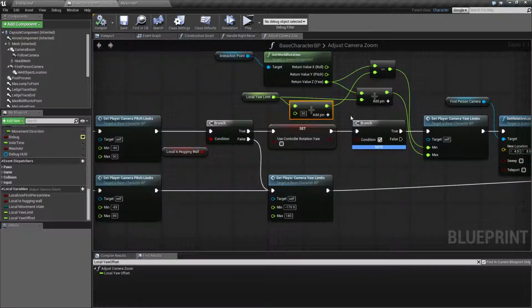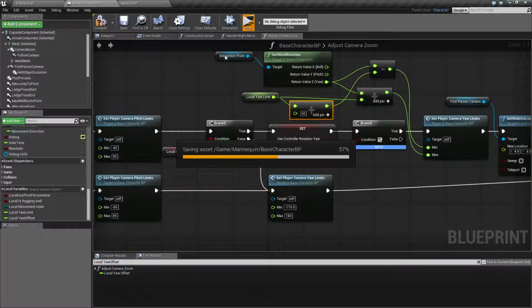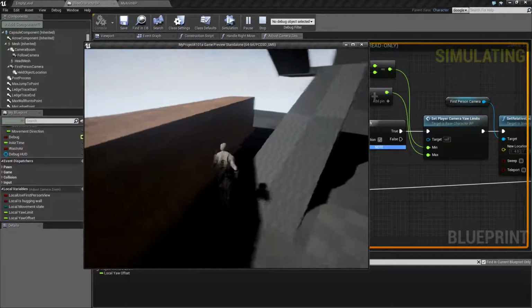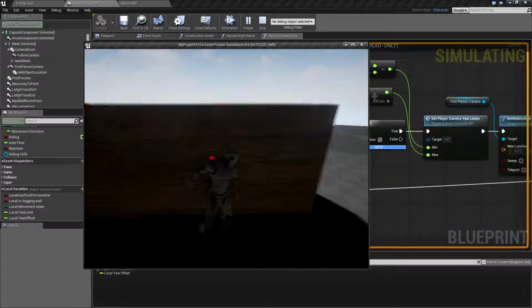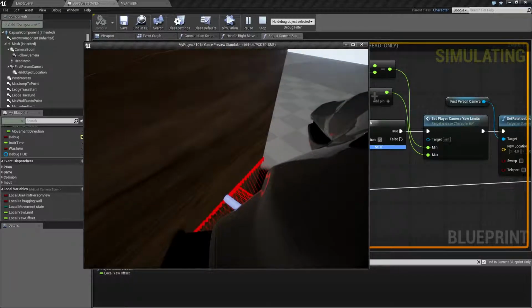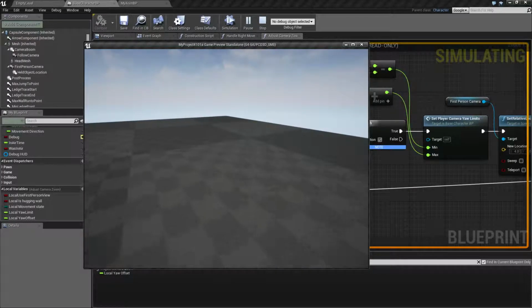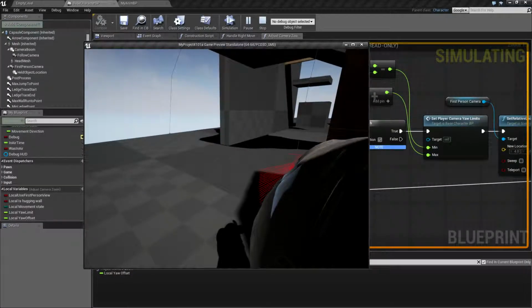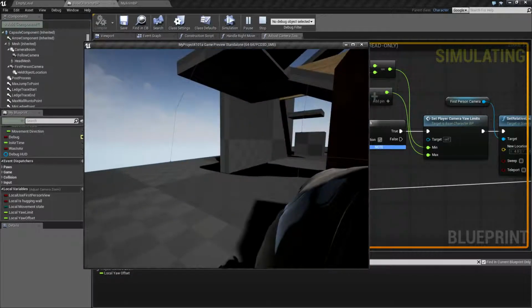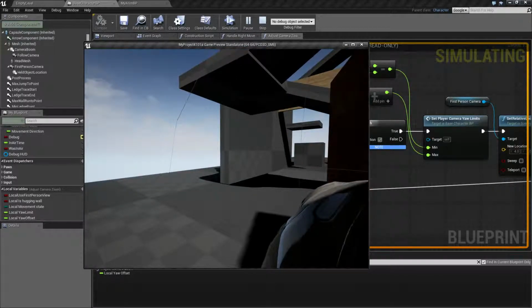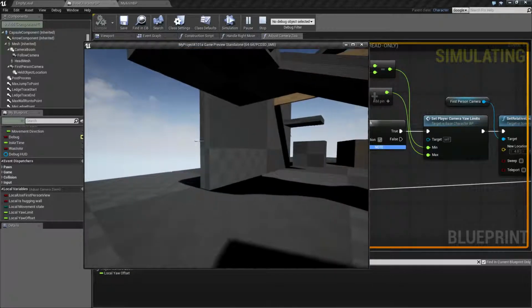Or maybe we actually need to add some more. 60 degrees. So up here. And okay. Well, it looks okay. And right now you can see we can't look so much behind us, but I think that's pretty good. If we move back again,